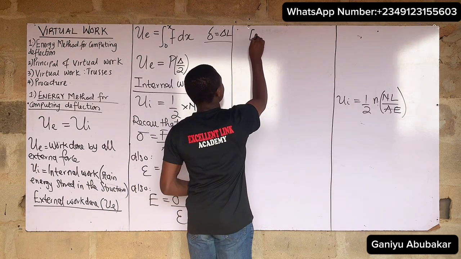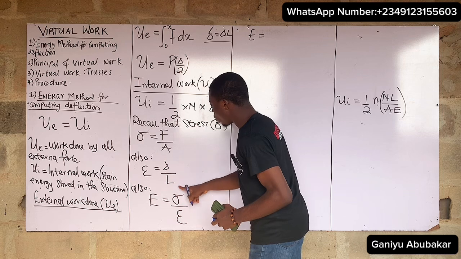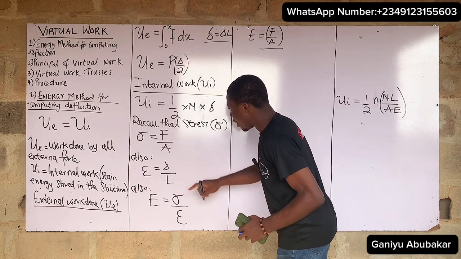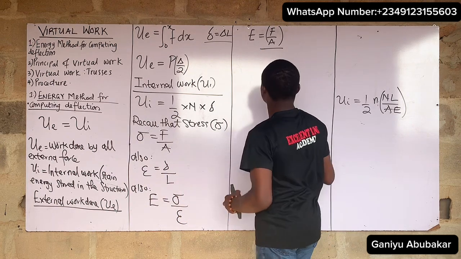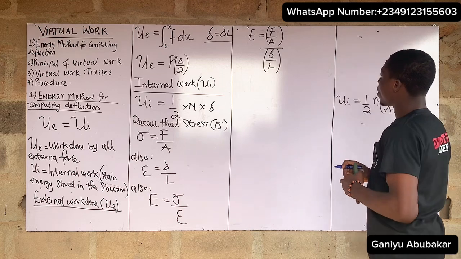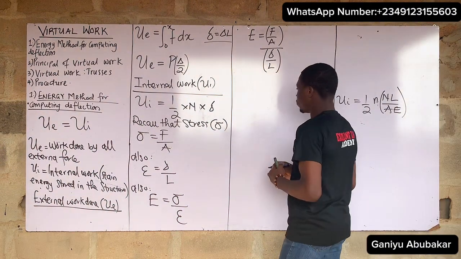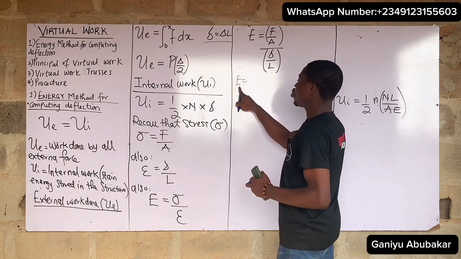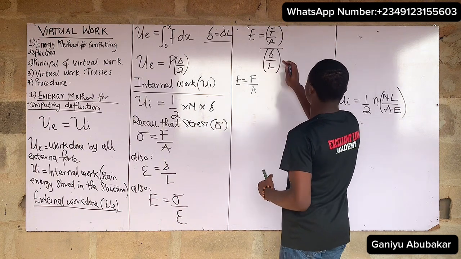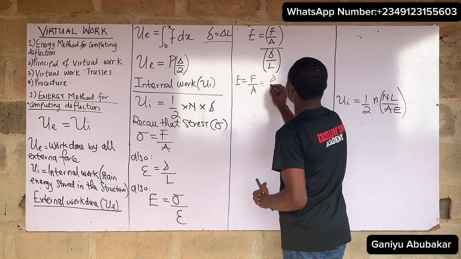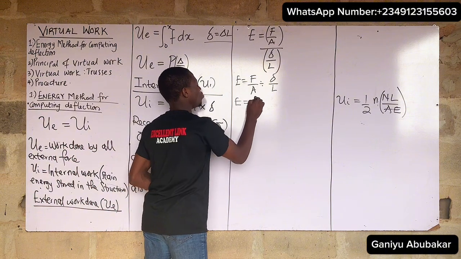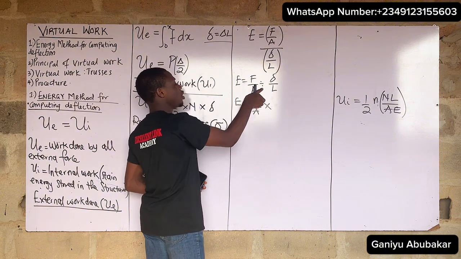Stress is F over A, all over strain, which is delta over L. From here, I'll do some manipulation. E is F over A divided by delta over L. So E is equal to F over A times, change this division to times,